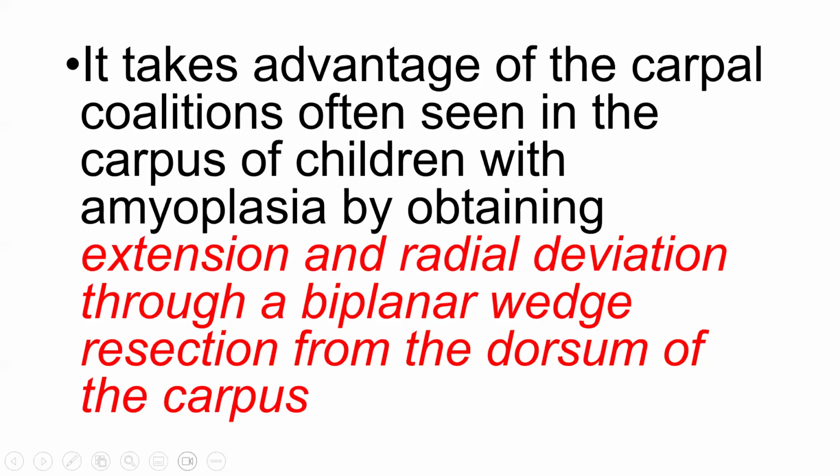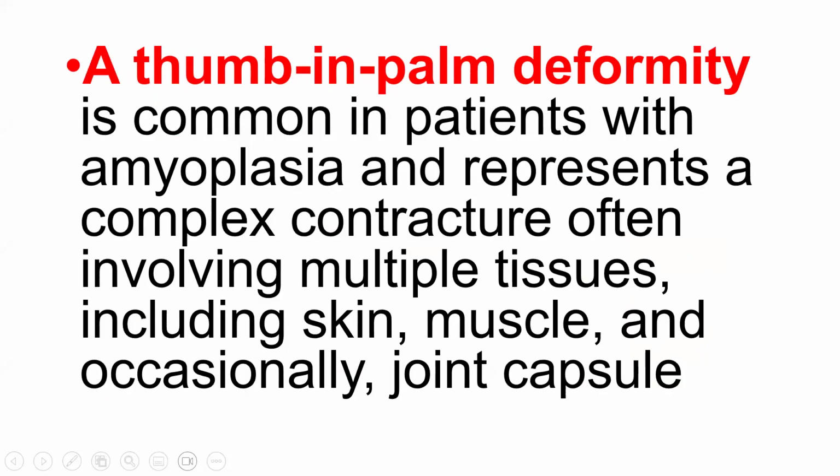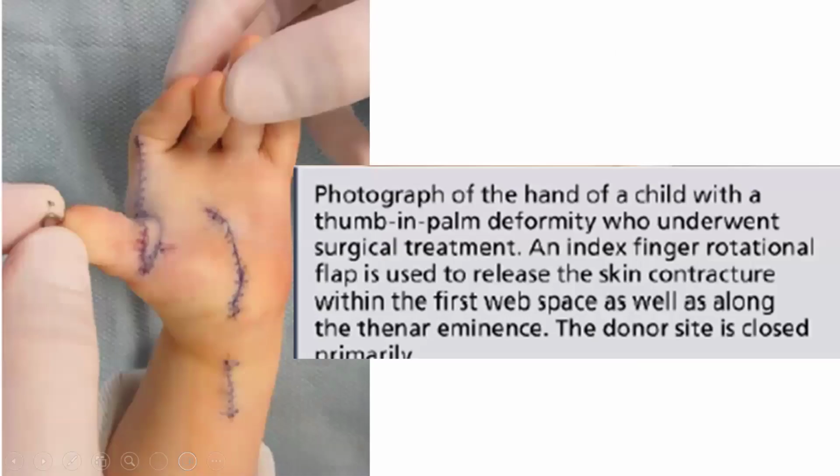Look at, also they have a thumb-in-palm deformity. Then you have to do multiple releases. You might even have to do a tendon transfer so as to get the result. So this is the result. You have to also work on the skin because the skin is contracted. Okay, I'm sorry I'm going very quickly, but I'll tell you I am tired.